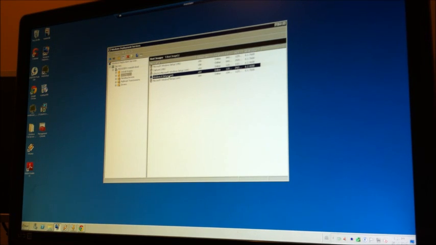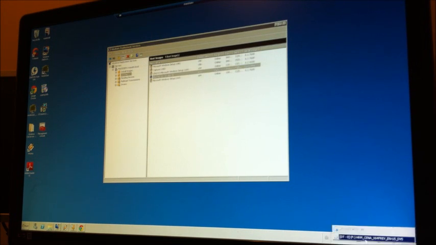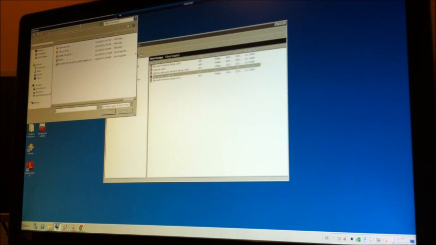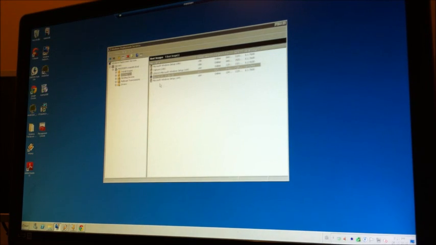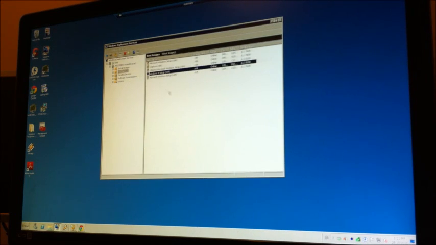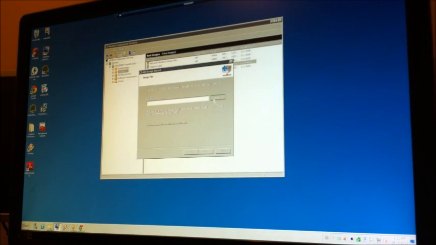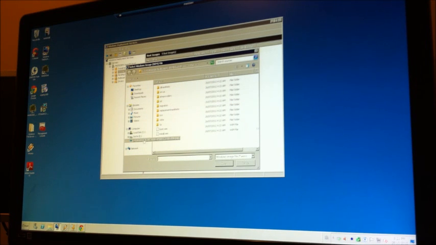So just keep in mind, if you're going to install Windows 8, you're going to have to download the ISO. Or if you have a CD, that'll work as well. But in my case, I downloaded the ISO, and I'm using Daemon Tools Lite to mount it. It's pretty straightforward. Download your Windows 8 64-bit or 32-bit, whichever one you want. Download it, mount it onto Daemon Tools, and within your Windows Deployment Services console here, you're going to go to Boot Images. You're going to right-click. You're going to add a boot image, and you're going to browse to where your Windows 8